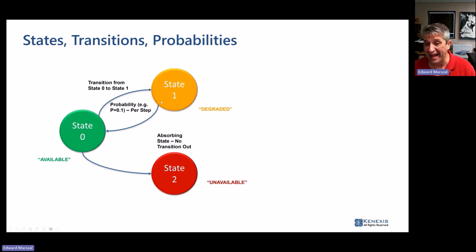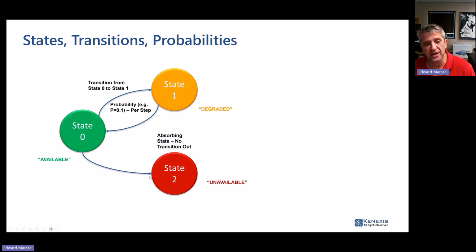Now, I can get out of the failed safe state by repairing and going back to the operational state. So I can move in and out of state 1 over the course of a mission, or at least that's the theory. I'll talk a little bit later about why that's not actually true in the stochastic realm of things. So for a failed safe state, you can detect that you've failed safe. You know that you've failed safe. You can repair and return yourself to an operational state.